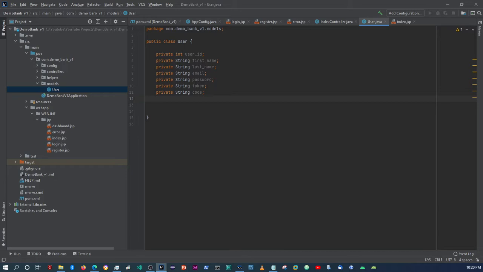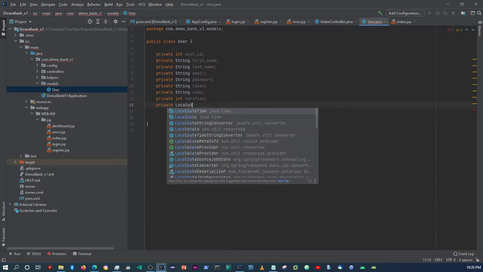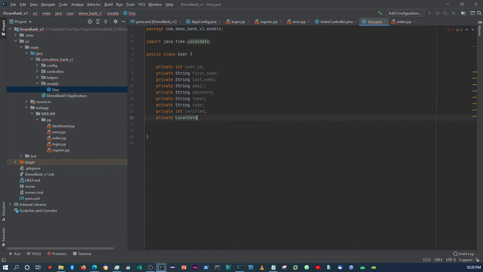Okay, so verified is going to be an integer, and then verifiedAt is going to be a date time, so we're going to say local, I think you can just say LocalDate,